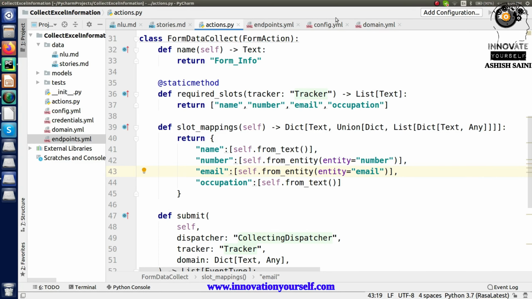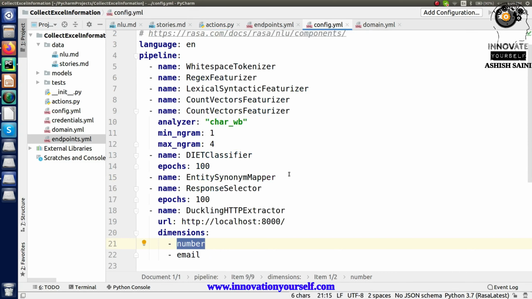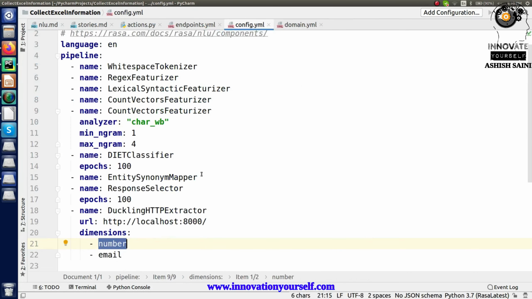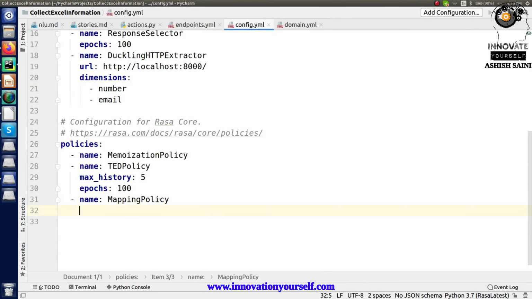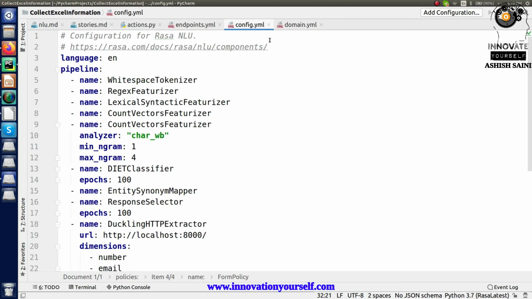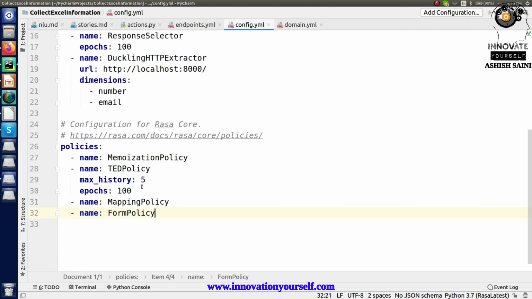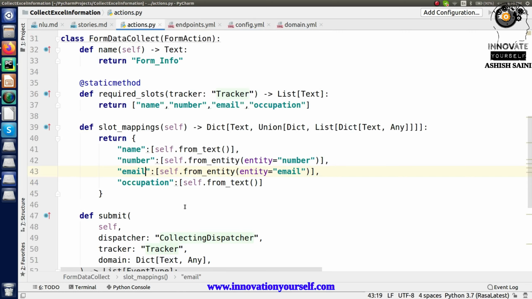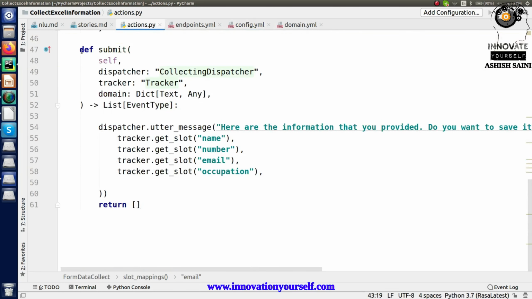So based on this configuration which I have set, it will automatically collect the information and store that information into the slots, right? And also one more thing is left. For the forms part, you have to add the form policy. So just add it, like name form policy, right? So everything is done up to the basic chatbot. Now if you talk to your bot after the training process, it will collect all the information whichever the user provides, and it will come up to this submit part, right? So this is all that we are doing in here.